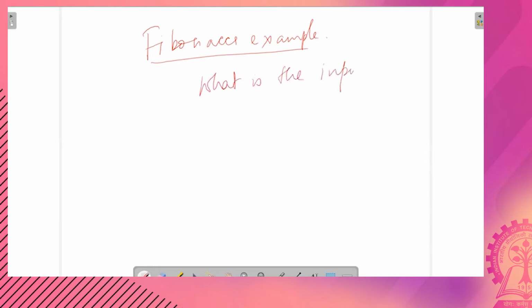Now, there is one more catch about the input size. Recall the Fibonacci example. In this example, what is the input size? Is it n?